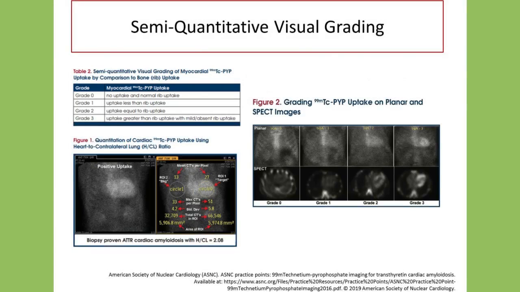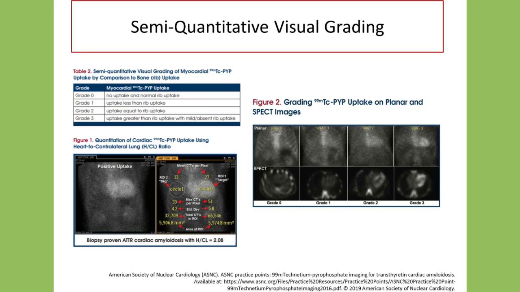From an interpretive point of view, and I know the next webinar will focus specifically on interpretation, so I'm just going to review this quickly. The semi-quantitative visual grading is a grade 0, which means no uptake, through grade 3, which is uptake greater than rib uptake, and mild absence of rib uptake. So we combine the grading with our SPECT imaging and our region of interest to make the best diagnosis we can